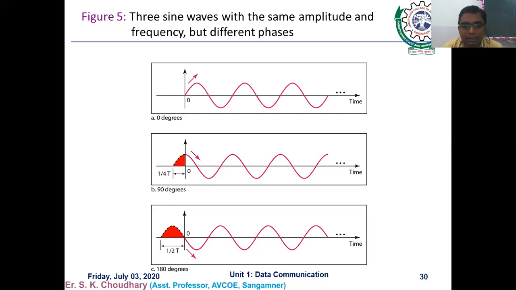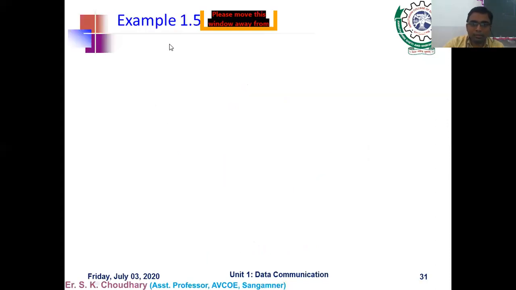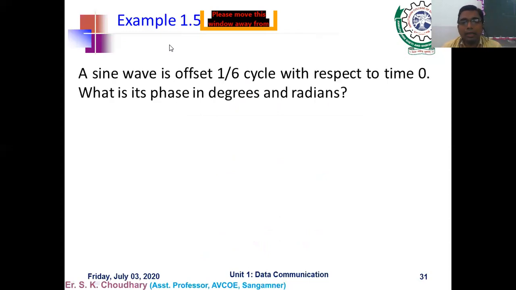Similarly, in the third picture, T/2 of the period of the fundamental cycle is shifted backward, which means 360/2, a 180 degree phase shift. So it is a very simple calculation. Here you can see that pictures B and C have an offset of 90 degree and 180 degree respectively. Now let us see another example, and you have to solve this from the previous example.